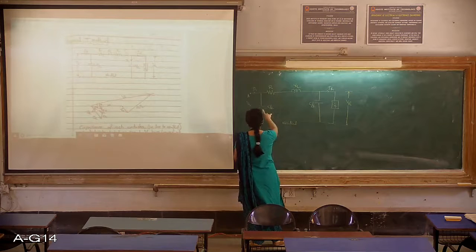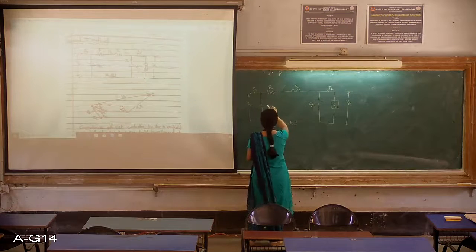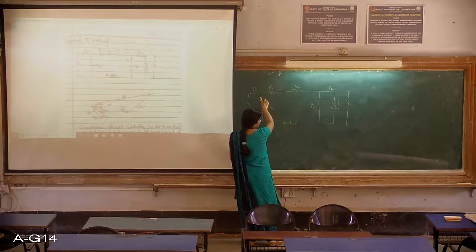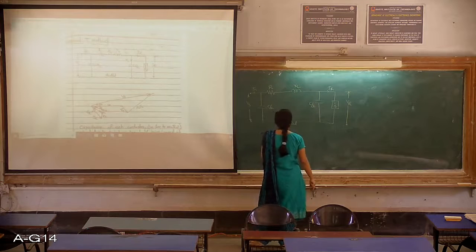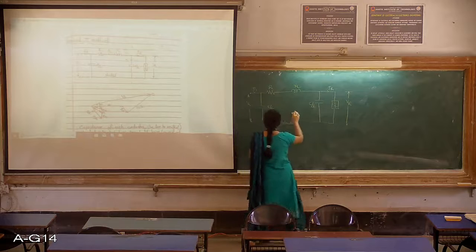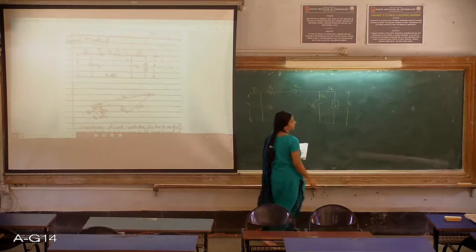So it is divided into two halves. One half is lumped at the sending end and the other half is lumped at the receiving end. At the sending end it will have no effect on the line drop, because it is present in the initial part itself. But the one at the receiving end is definitely going to have an effect, so I will neglect the first and for this one we will write IC1.